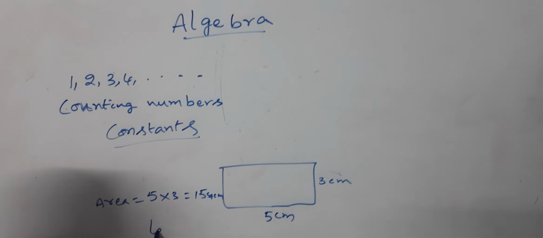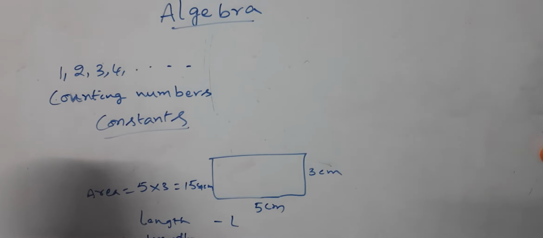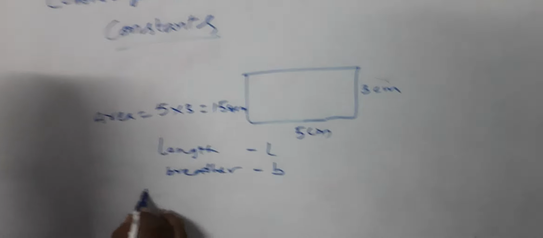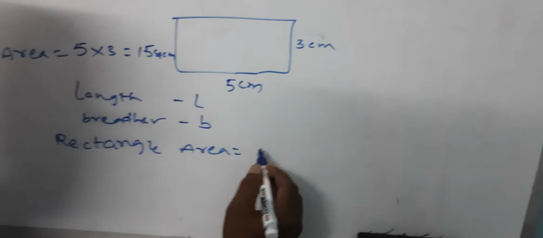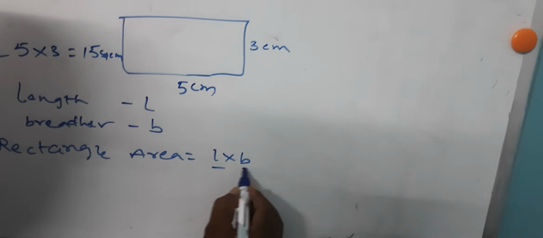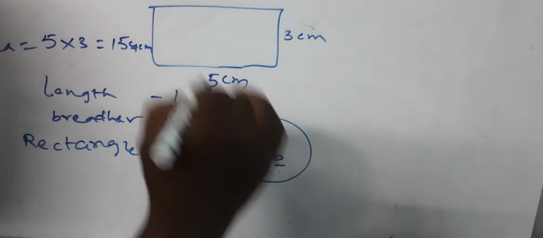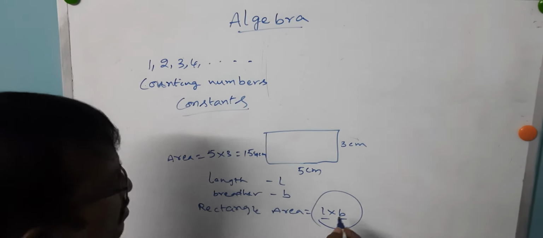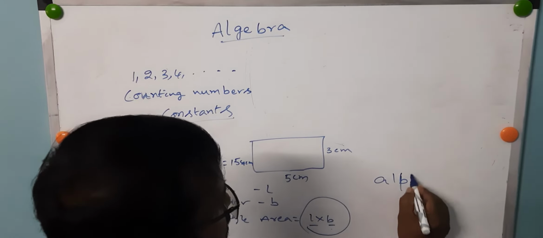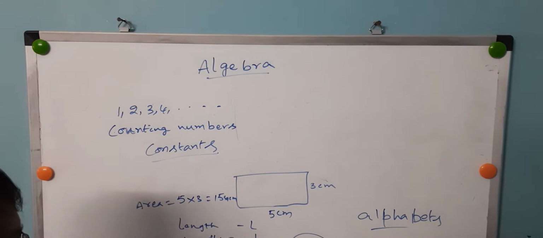What is that? Length represents L and breadth represents B. So rectangle area is equal to L into B. Here L represents length and B represents breadth. So this is called algebra. When we represent alphabets instead of numbers in algebra, these are called